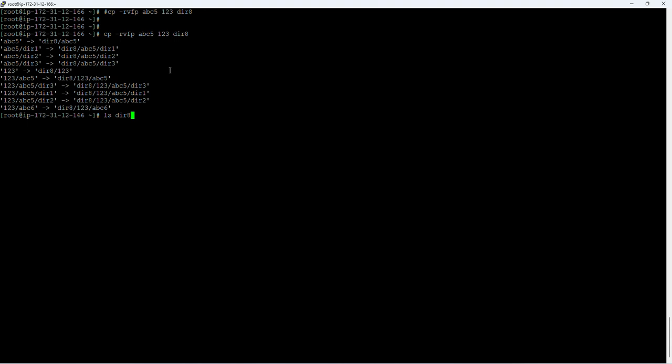In dir8, let's see what files and directories are there. See here, it is copied. So these are all the options you can use. Okay,